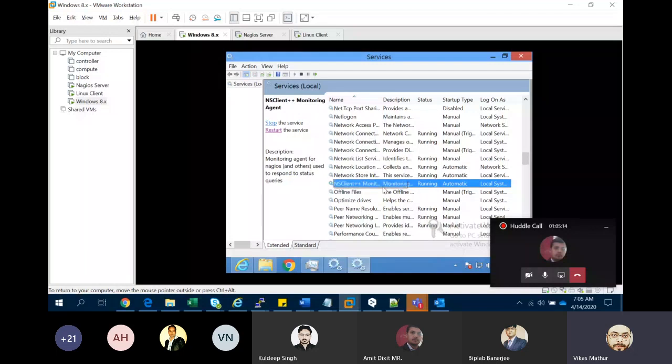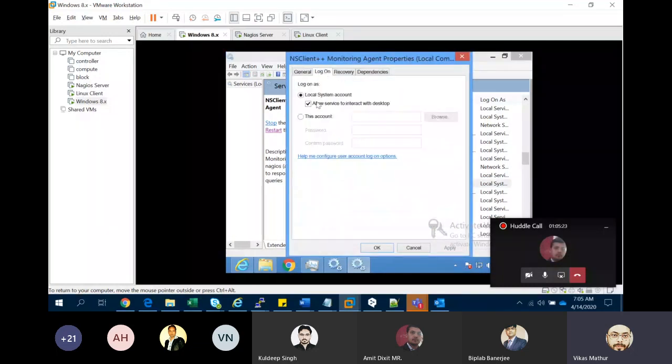or not, whether the NSClient service is working. If it's not working, just restart it. And you need to run the changes, which is very important here. You need to allow the service to interact with the desktop. So if you're allowing it at the time of installation, and you want to monitor something different like Apache or anything else, you need to mention those particular things in your server machines. After that, it will allow you and search it.